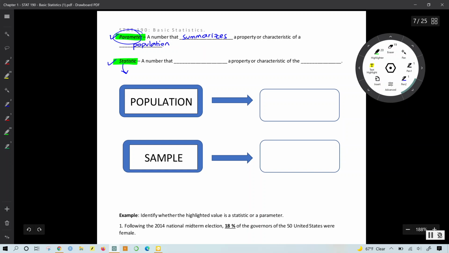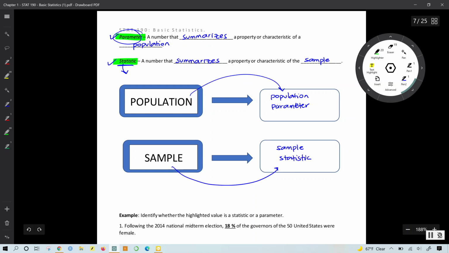Whereas, on the other hand, a statistic without the S is a number that summarizes a property or characteristic of the sample. In other words, we talk about population parameters or population characteristics, and we can also talk about sample statistics. An example of a population parameter is the population mean, the population standard deviation,